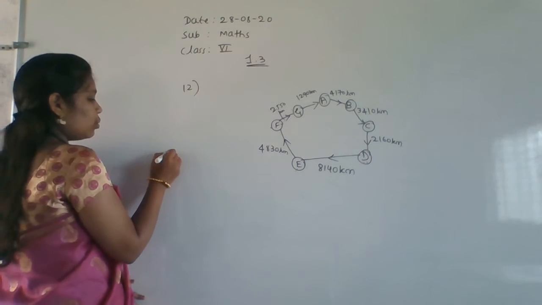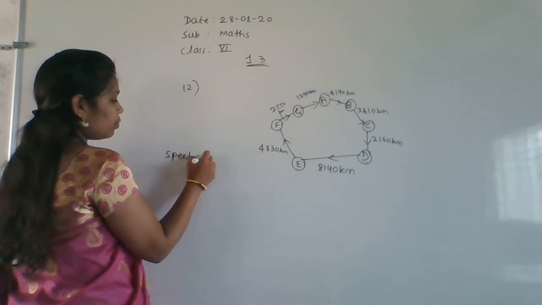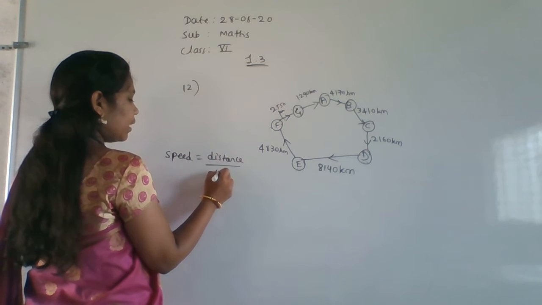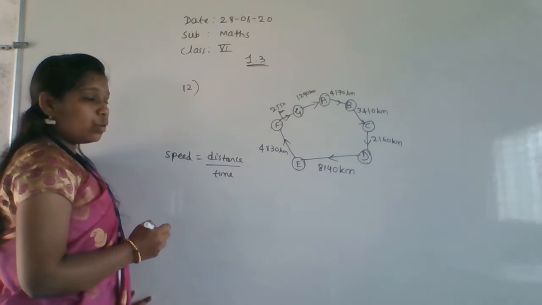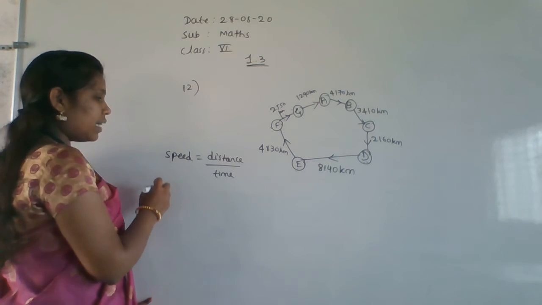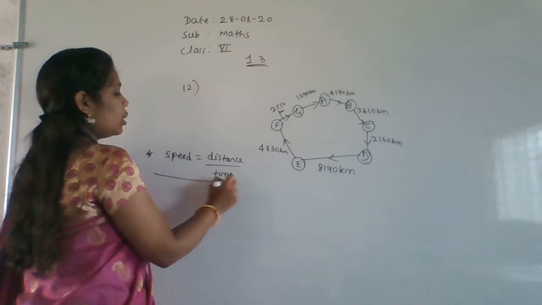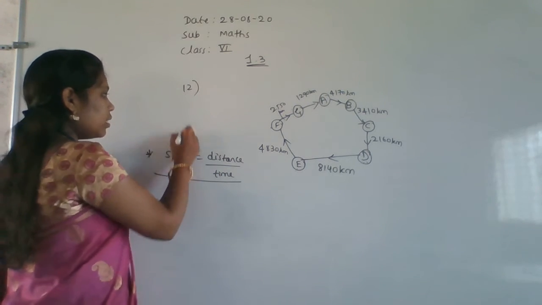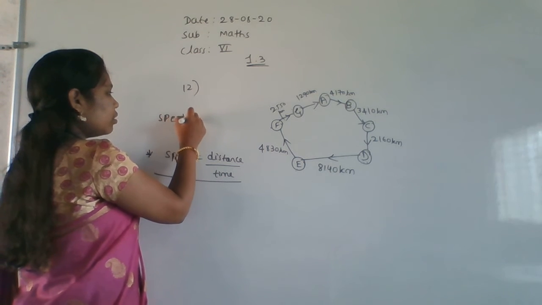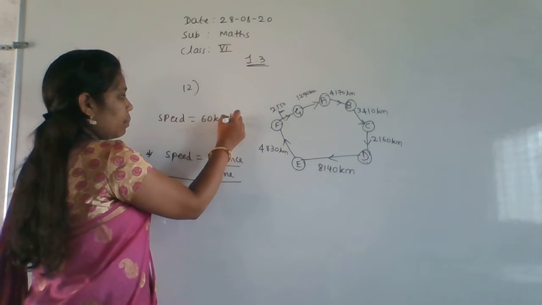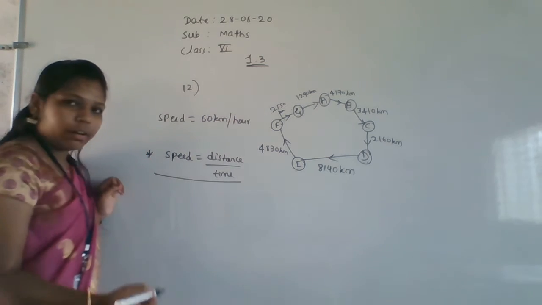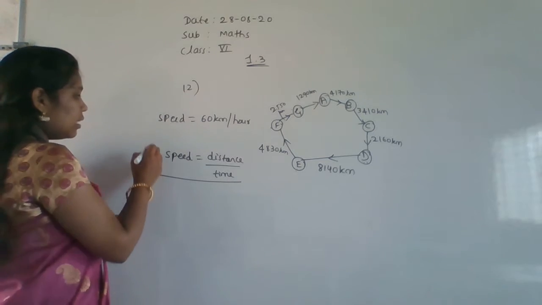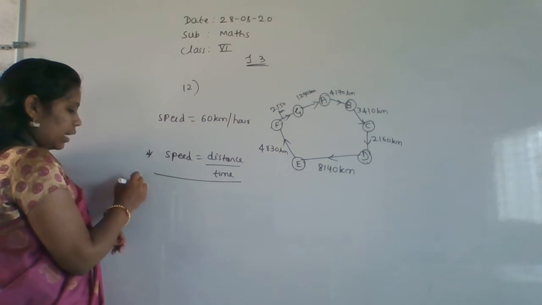Okay, fine. So speed is equal to distance by time. This is the one formula; you have to remember this one. They given the speed, right? How much did they give? Speed is equal to 60 kilometers per hour. Okay. So we have to find the time for everything. That is in the fifth main.